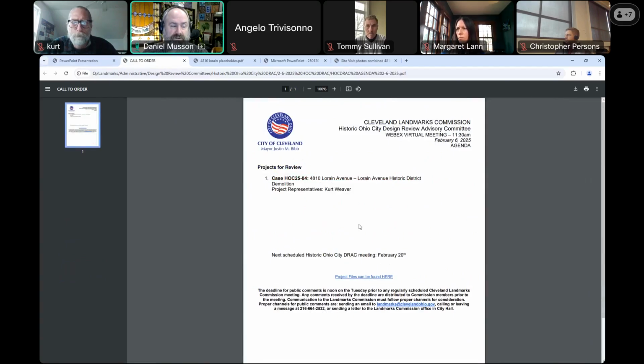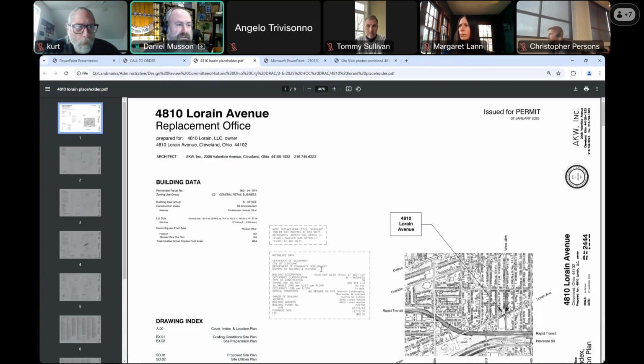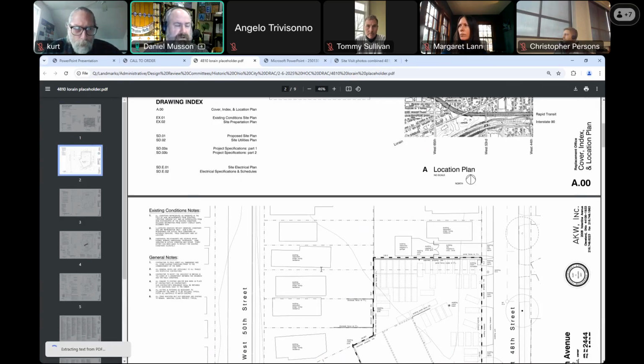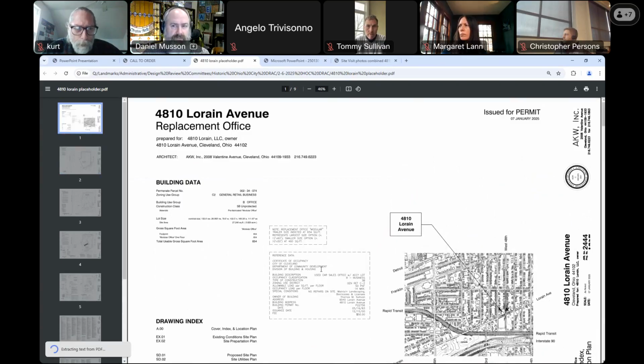As I said, we do have one agenda item here. Case HOC 25-04, 4810 Lorraine Avenue's Commercial Historic District. It's a demolition, and we've got Kurt Weaver here to present. I think the owner is also here. But we have some drawings for the replacement office. I guess this was all made as one submission, but my recommendation would be that we handle the demolition and the proposed replacement as separate items. Just because